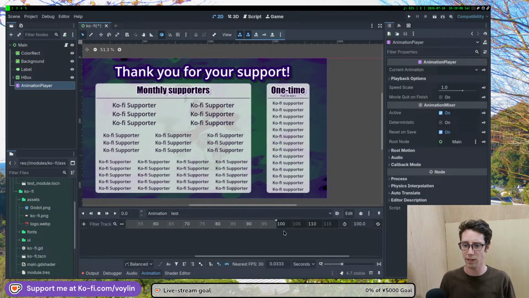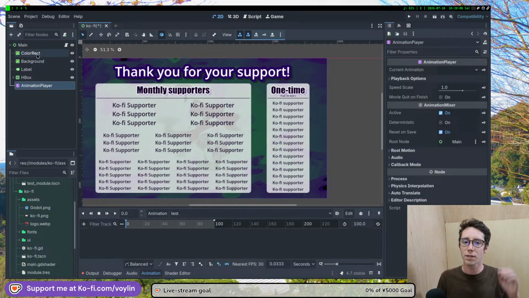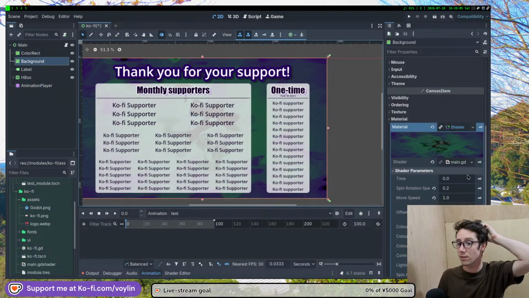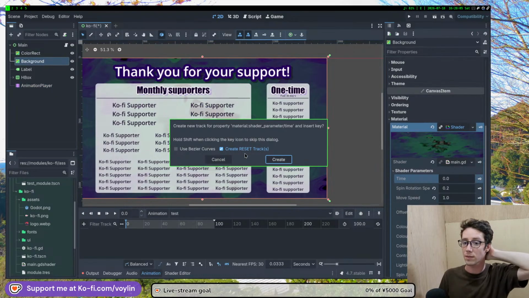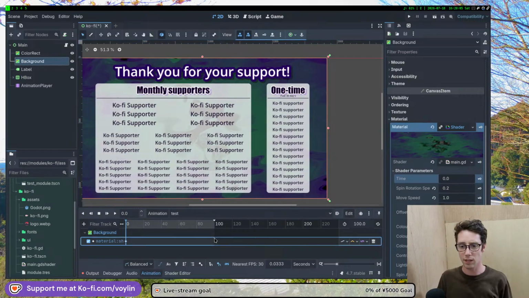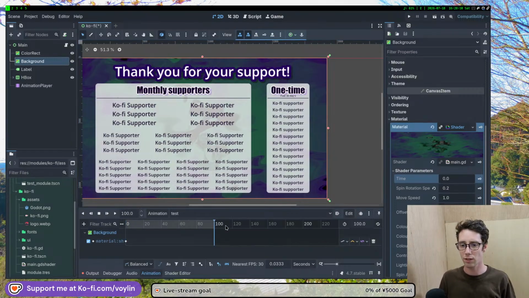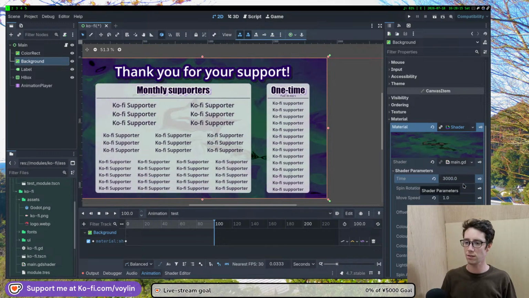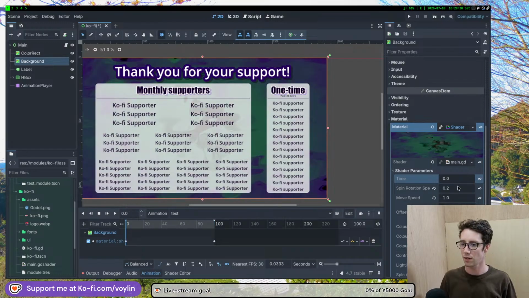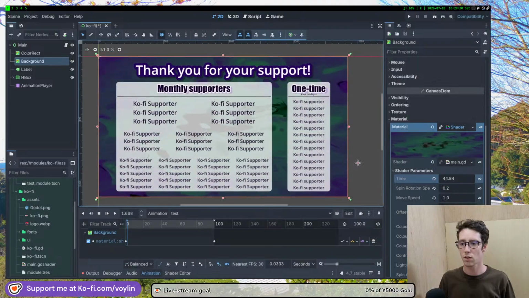That will make it easier. So instead of here, we go into our backgrounds time. Test track. And then on the end, we put another one. So we have 100 frames at 30 frames per second, 3000. Okay. So now if we run this, oh,